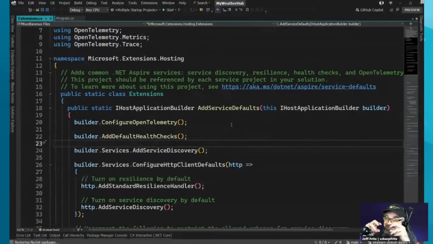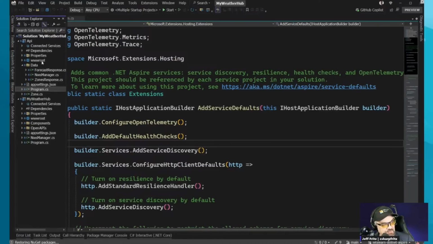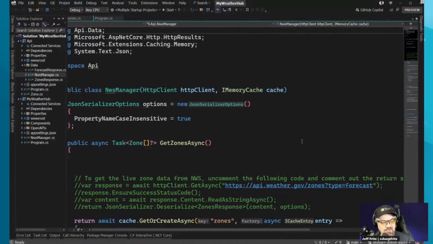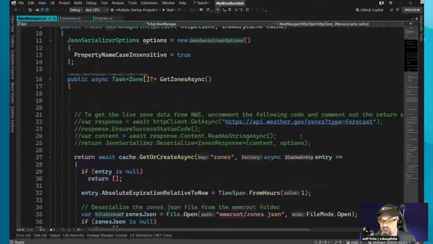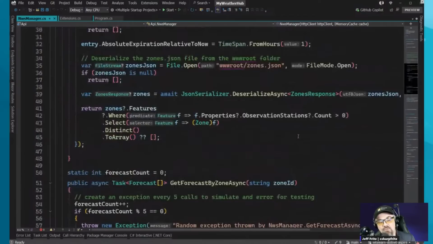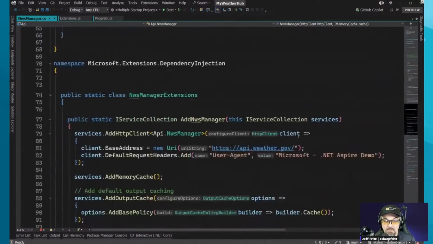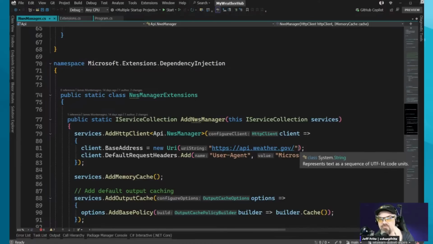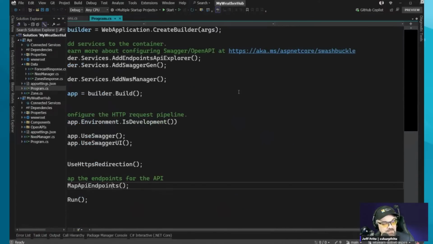So this is the second step in the process where we've taken that interaction with the National Weather Service and we've put it into an API project that you see up here. And it has this NWS manager, National Weather Service Manager. It's the exact same thing. We just copied it over into this other folder so that it knows how to go and communicate with api.weather.gov. So we just moved all of that over to this project and we configured it with a little bit of